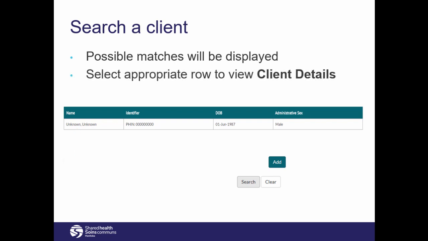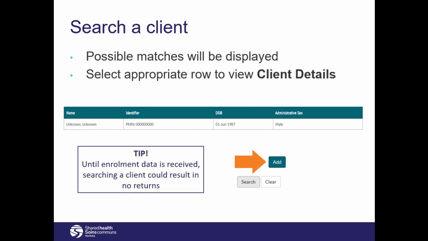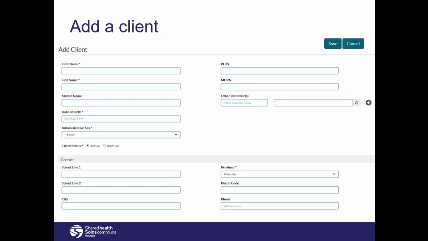If the client does not exist, you will need to select the Add button. Remember that until enrollment data is received, searching a client could result in no returns. To add a client, enter all the appropriate demographics, including a patient identifier, and click Save. Required fields will be indicated by an asterisk. Selecting Save will add the client to the provincial enrollment system, providing the ability to then individually enroll them to